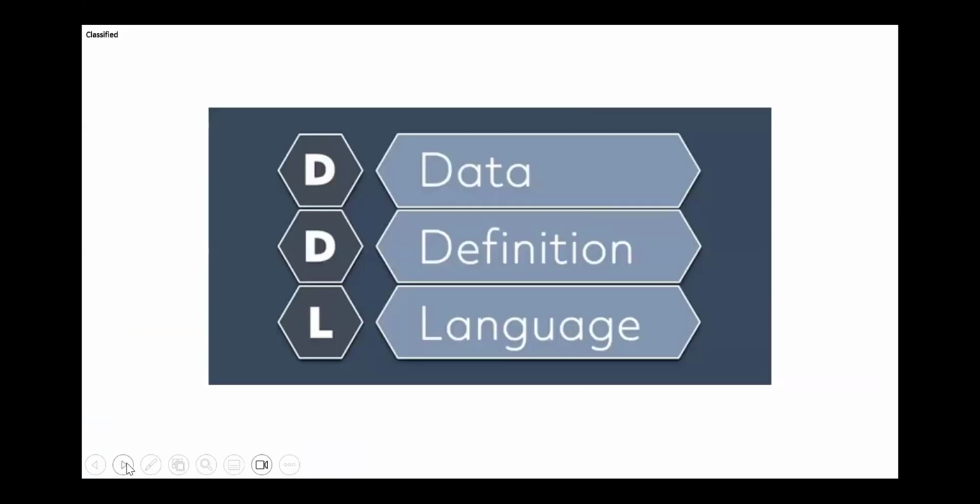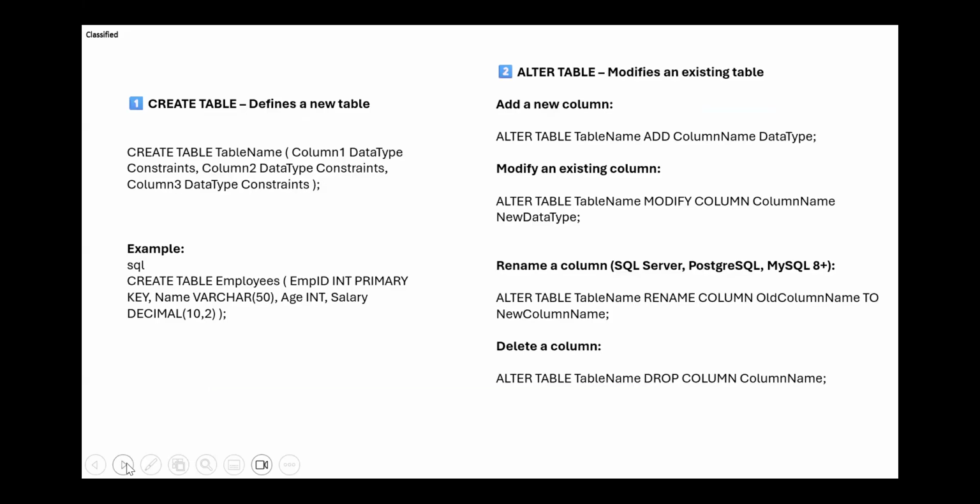So let's start off. The first set of codes, the first set of commands are data definition language commands. So here you will understand that when we talk about data definition, we really talk about creating tables and then putting the data into the tables, right? So the first command that you will see here is a create table command, which is pretty simple. Now, what I'm trying to do is giving you a structure to the create table command.